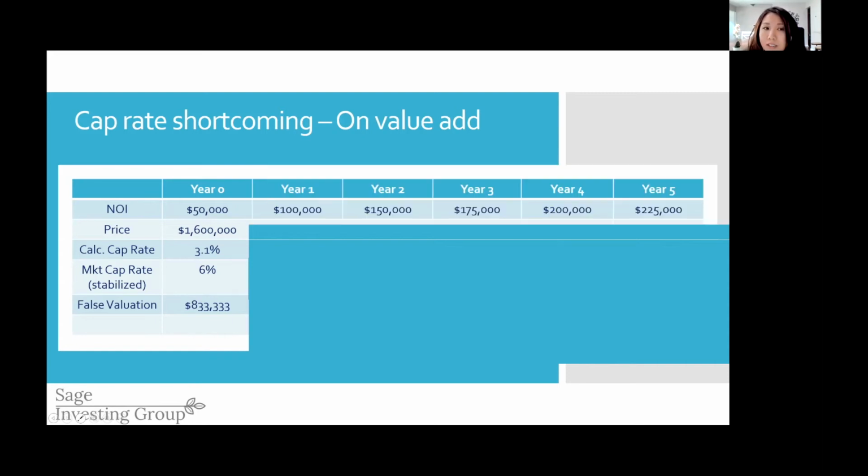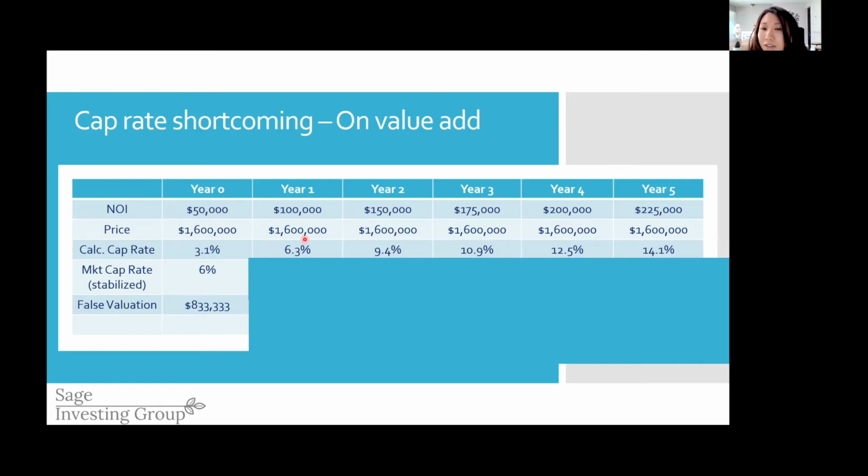Let's just say you're able to increase net operating income by $100,000 in year one, to $150,000 in year two, $175,000 in year three, $200,000 in year four, and $225,000 in year five. The price that you pay for the property doesn't change as you improve your NOI. So now your internal cap rate is actually